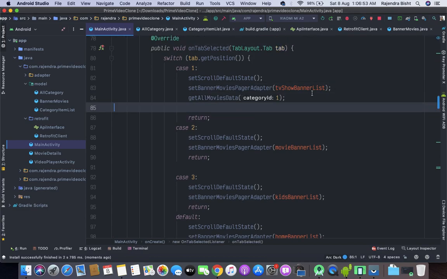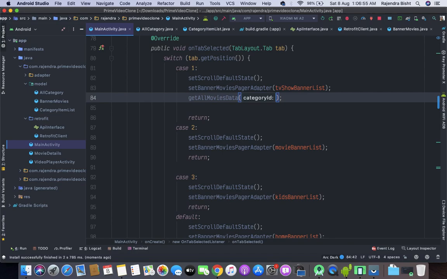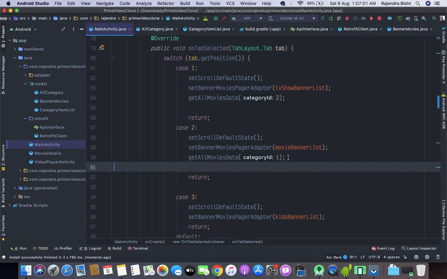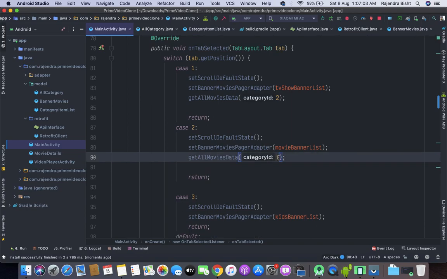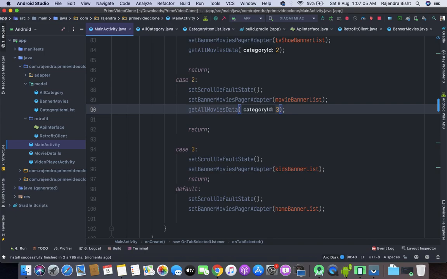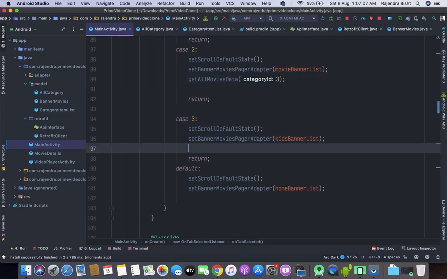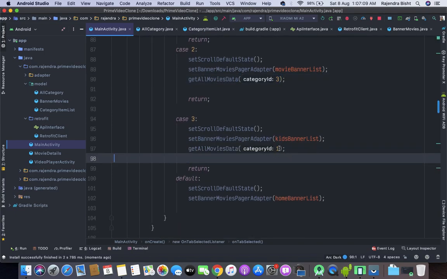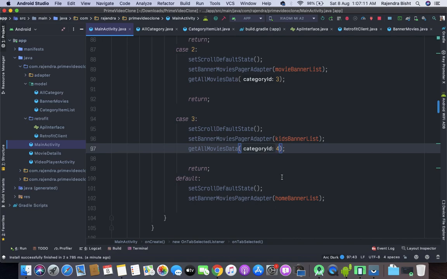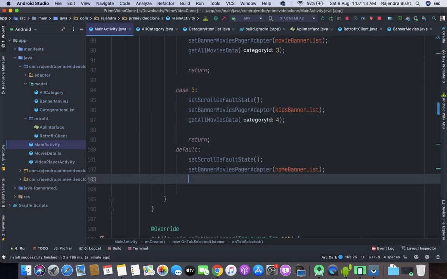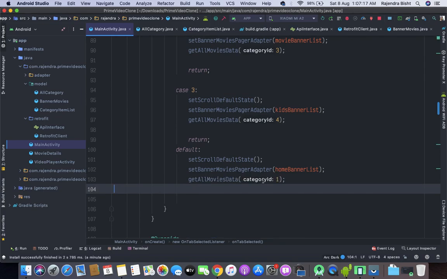Inside this, for the TV the category ID is 2, for the movie the category ID is 3, for the kids the category ID is 4, and the default is 1. So let's run this app.